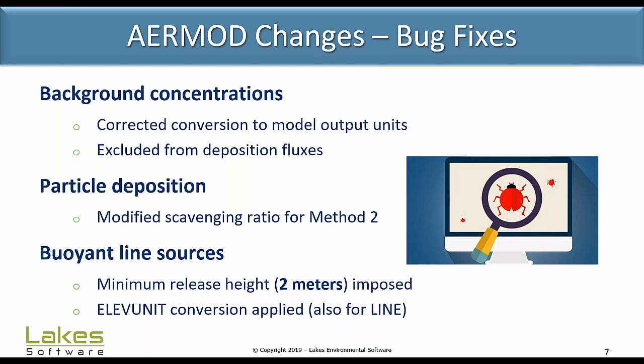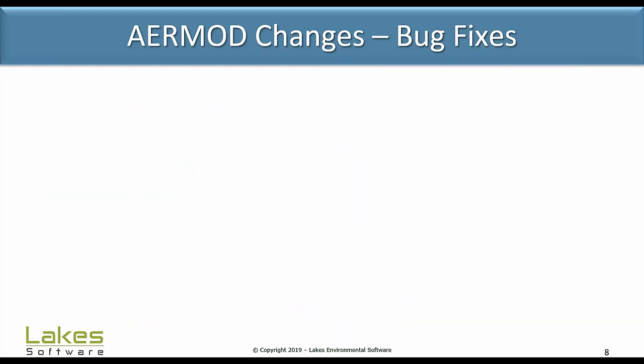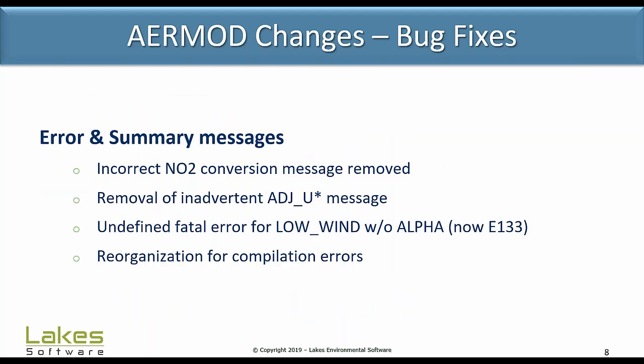A minimum release height is now applied. You can also now use the ELEV unit keyword, which allows you to convert base elevation units from the default meters to feet. That conversion was not being applied properly to the buoyant line or line source types, so that has been corrected. And then a number of changes to errors and summary messages that are produced by the model,